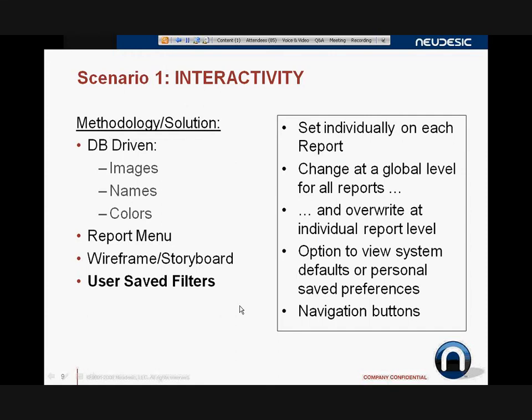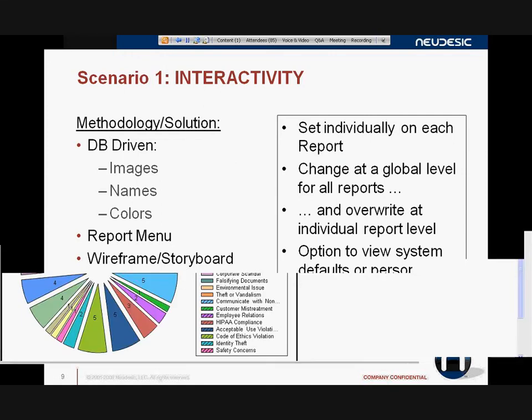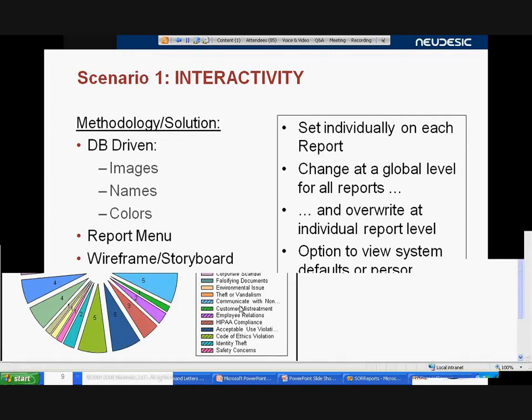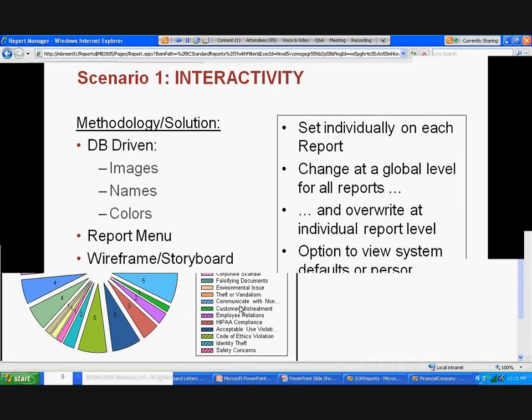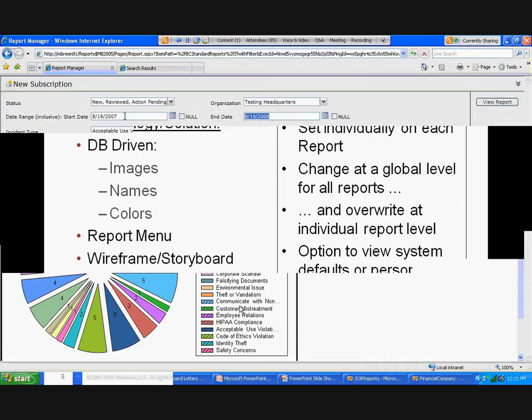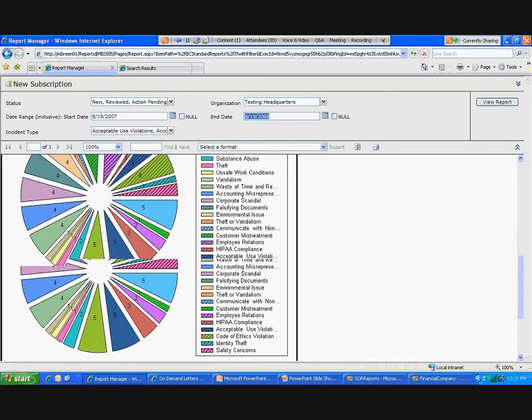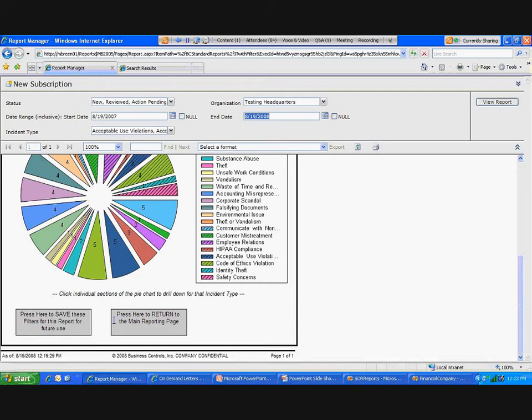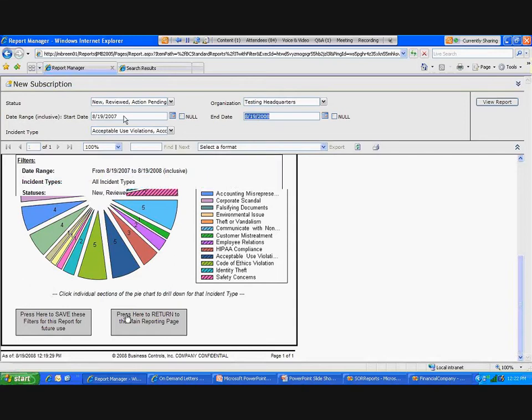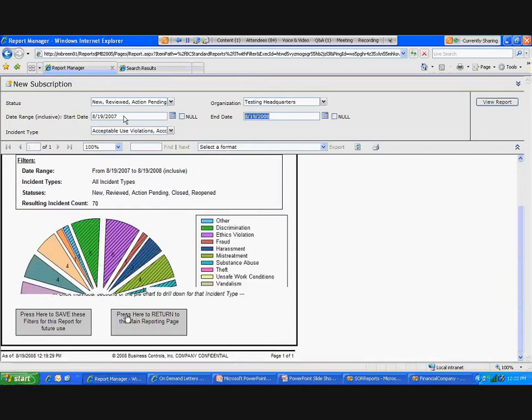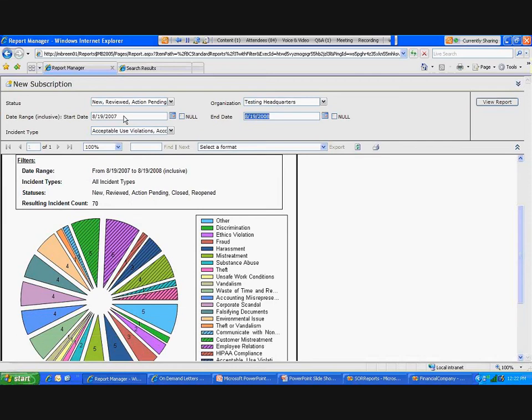The next thing I want to talk about is the use filters. So back on this particular report, I want to show you that I've got two buttons over here. One of them says, press here to save these filters for this report for future use, and another one saying, press here to return to the main reporting page. I'm going to rerun this report, but it just so happens that I am always going to be only interested in what happened in